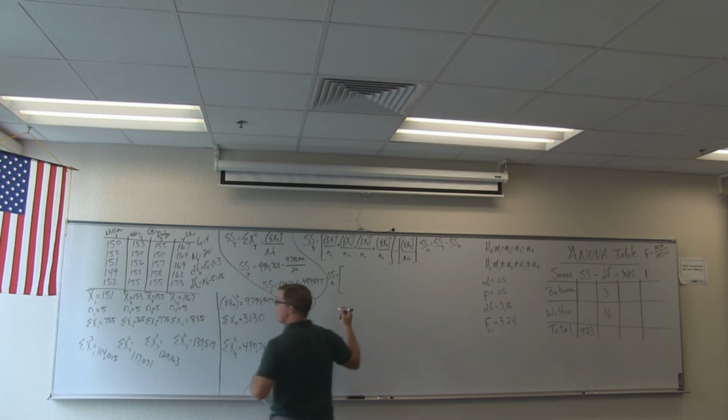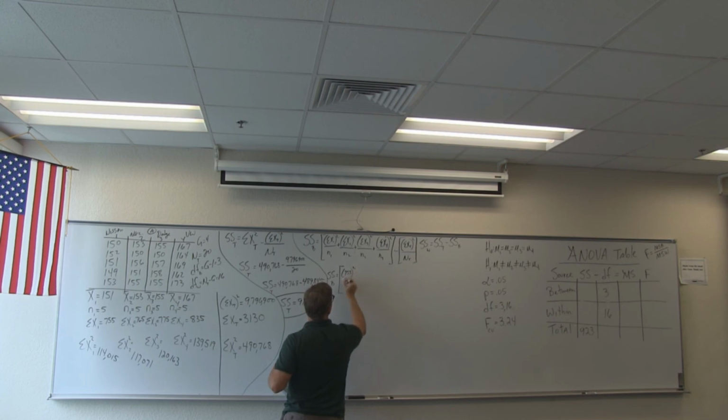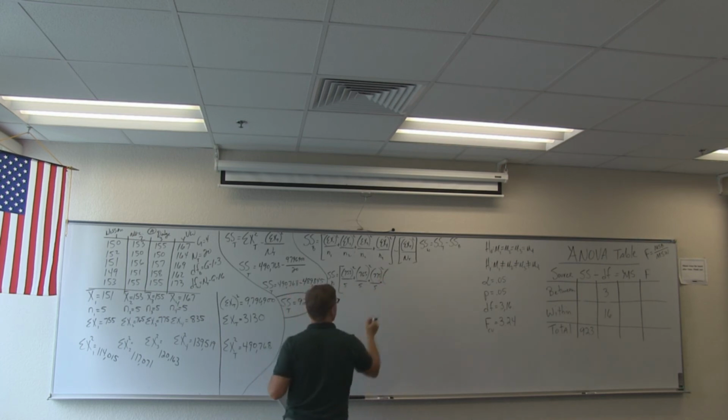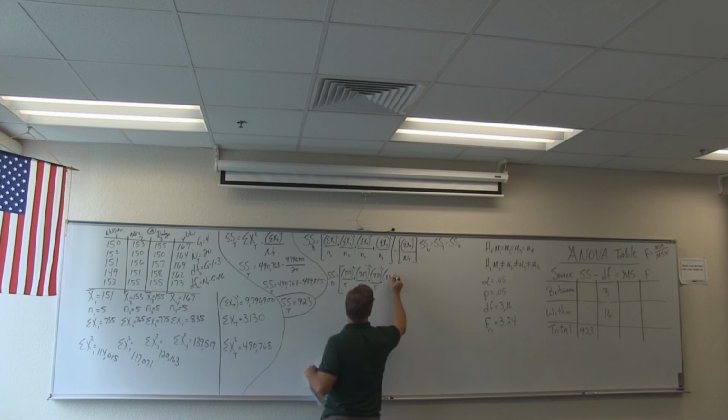Sum x for the first group, 755, quantity squared over 5 plus the sum x for the second group, 765, quantity squared over 5 plus the same for the third group, 775, quantity squared over 5 plus the same for the fourth group, 835, quantity squared over 5, close the bracket,